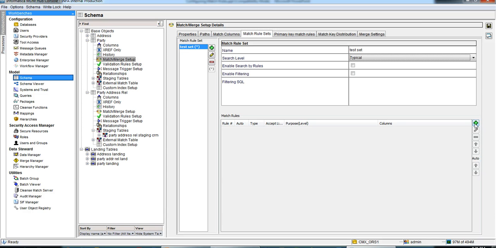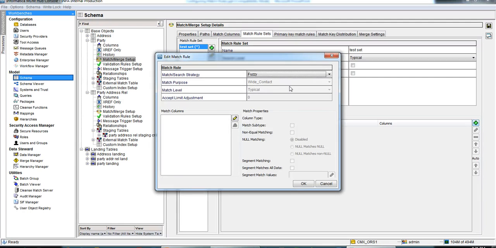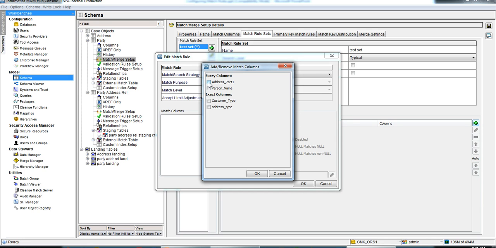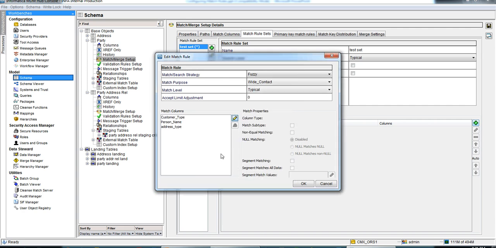Now let's define a particular match which we will perform for a candidate record. We want it to be a fuzzy match tool. We can have exact as well. So let's go with fuzzy. Which columns do we want in this fuzzy match tool? Remember, for a fuzzy match tool we can have fuzzy columns as well as exact columns. So let's say person name, customer type, and address type. These all should match to have a match on the